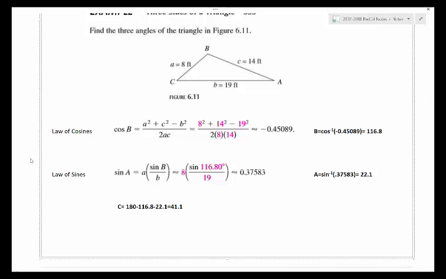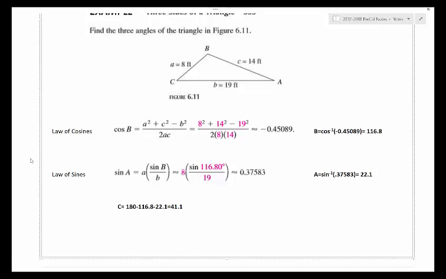So I'm solving for the sine of A. My equation would be sine of A over A equals sine of B over B. I have B, that's 116.8. I just solved for that. I have side B, which is 19 feet, and side A, which is 8. So I have 8 times the sine of 116.8 over 19, which gives me